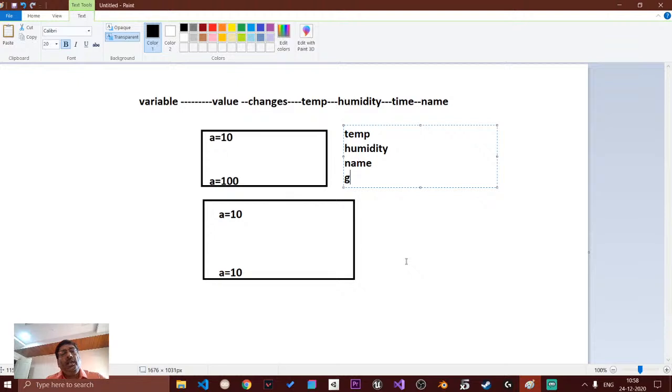So what exactly do you need to understand about a variable? If the value of it at the beginning of the program is 10, and it is going to change till the end of the program or in the middle of the program, then you call it a variable. But if the value of a particular thing is the same throughout the program, then you can call it a constant. Example of a constant,